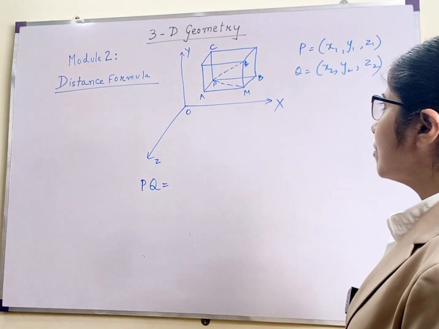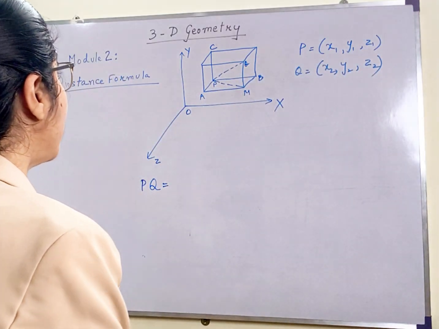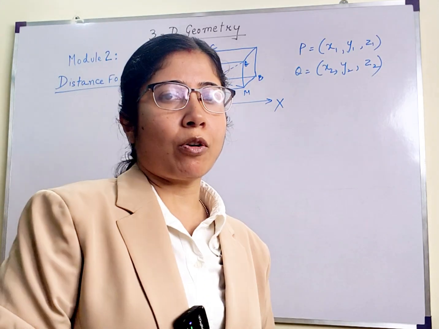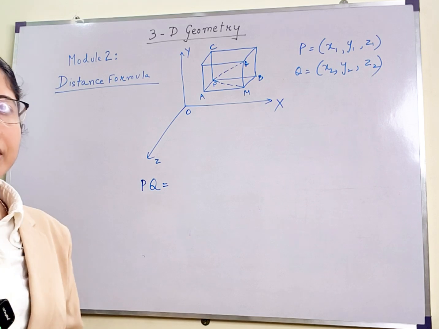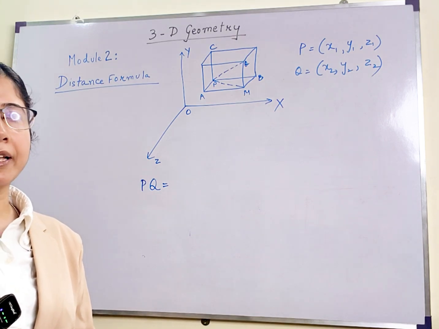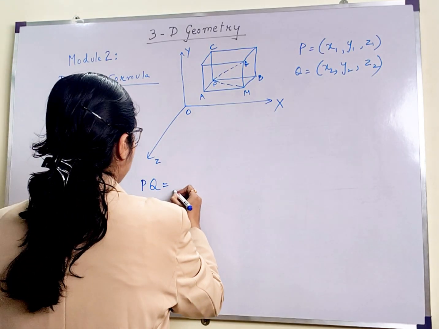So we will use the plane which passes through the point P and the other plane which passes through point Q. There is a derivation of the formula, but I am not going into the derivation since normally it does not come in the exam, in ISC exams. So I'll talk straight about the formula.